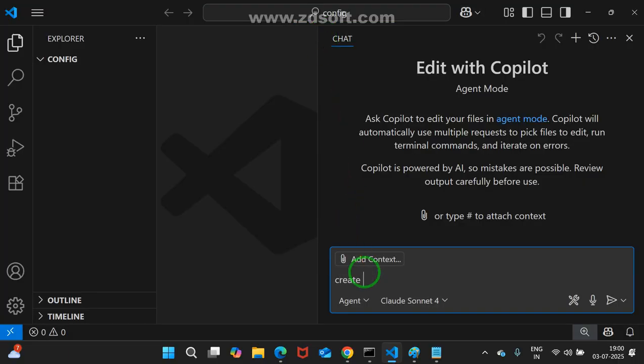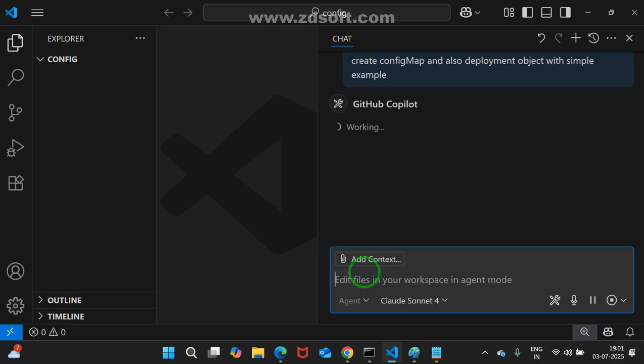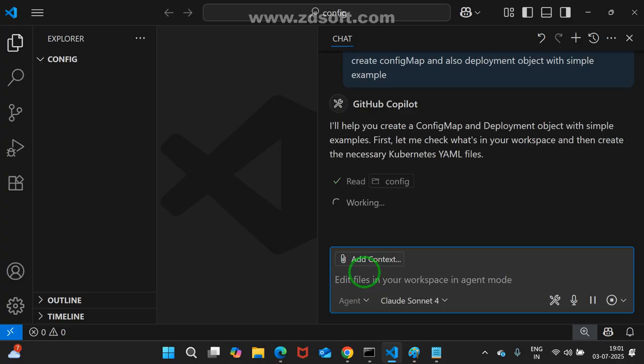Create a config map, and also a deployment object with a simple example. See, if I give a complex one, the length will increase. As a learner, a simple example is the easiest thing.